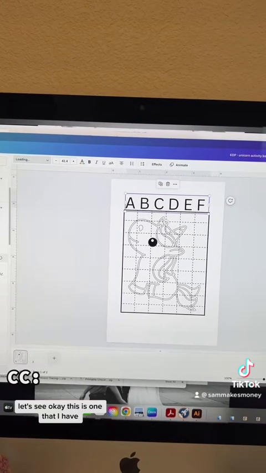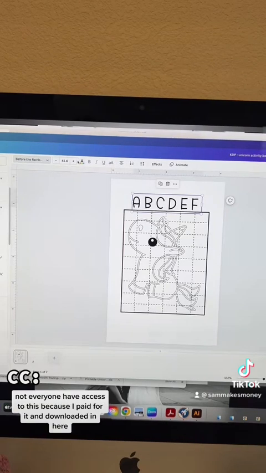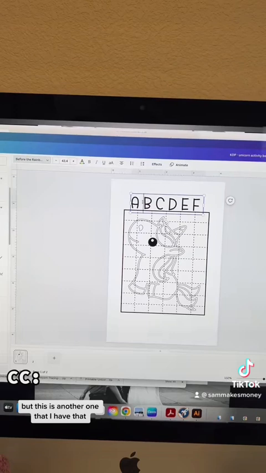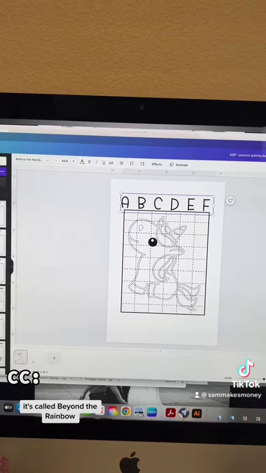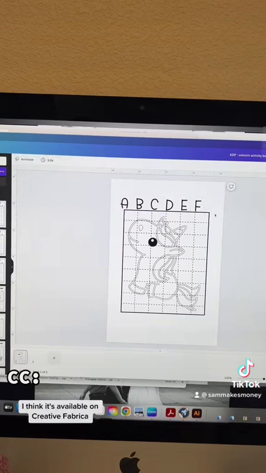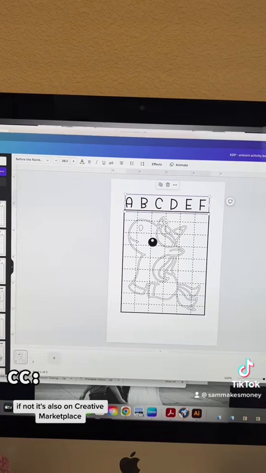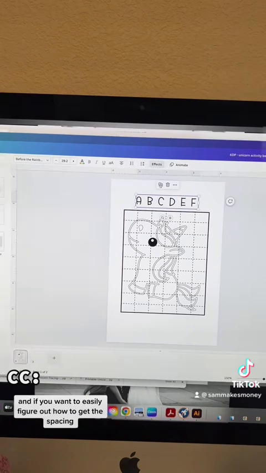Okay, this is one that I have. Not everyone has access to this because I paid for it and downloaded it in here. But this is another one that I have that it's called Beyond the Rainbow. I think it's available on Creative Fabrica. If not, it's also on Creative Marketplace. Anyway, so you can make them smaller, and if you want to easily figure out how to get the spacing,